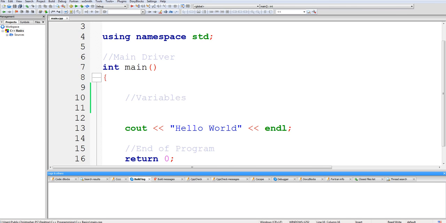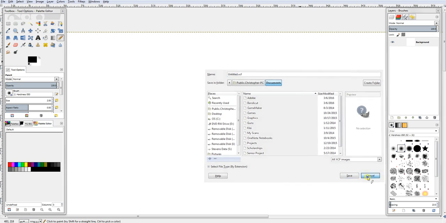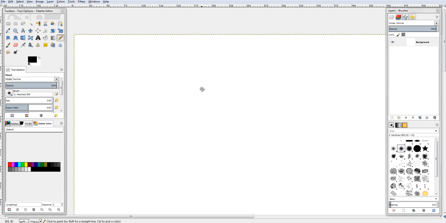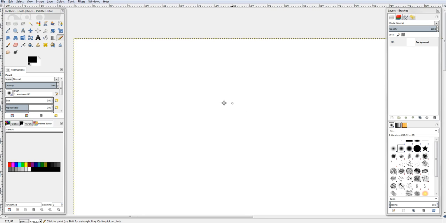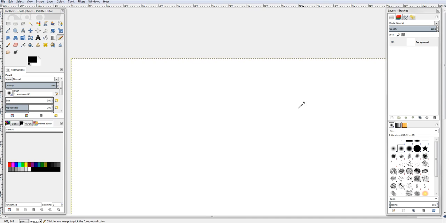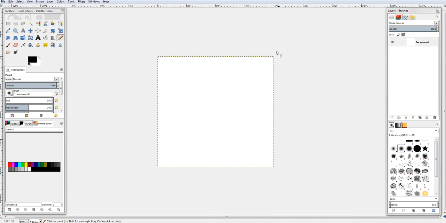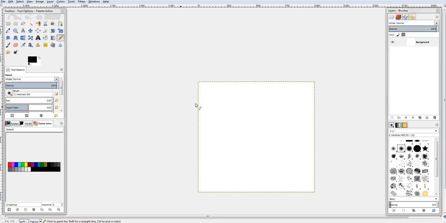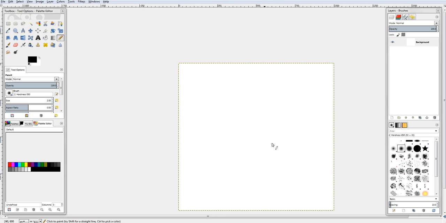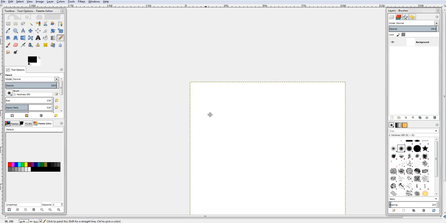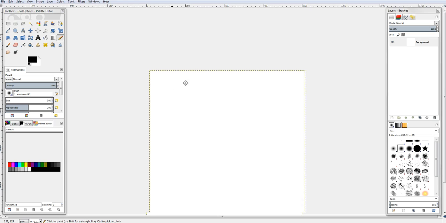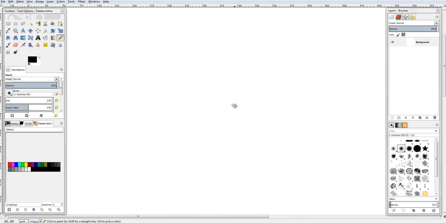Now, let me just hop into this new GIMP file in order to show you what a variable is and what happens when you declare one. So let's pretend for a moment that this white space is your computer's RAM. Now the RAM is the memory that can be used in order to store different variables. So let's say I declare myself a variable,